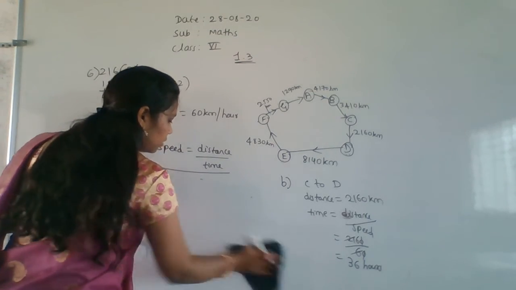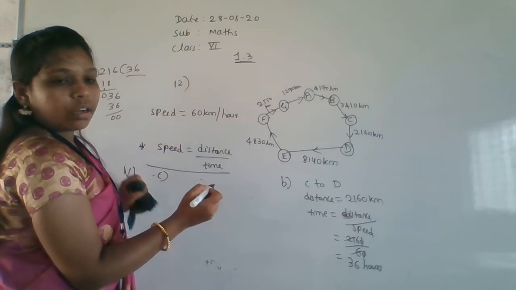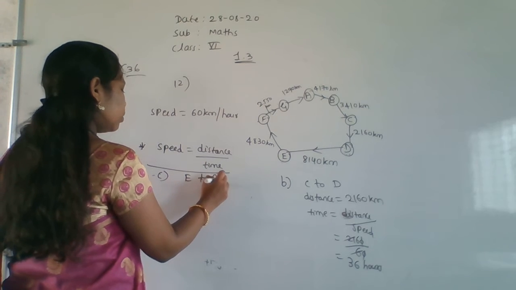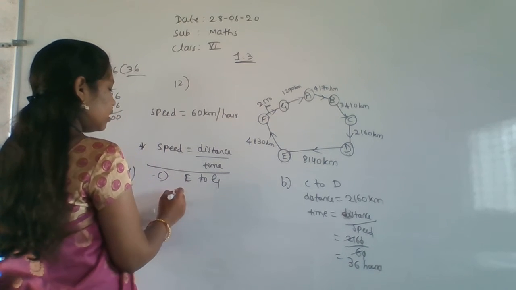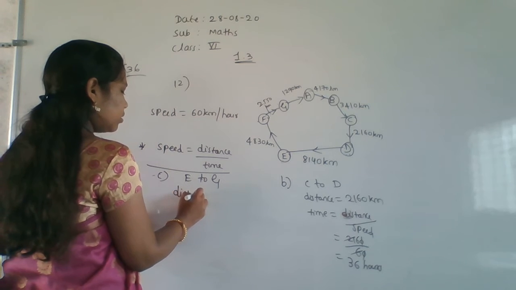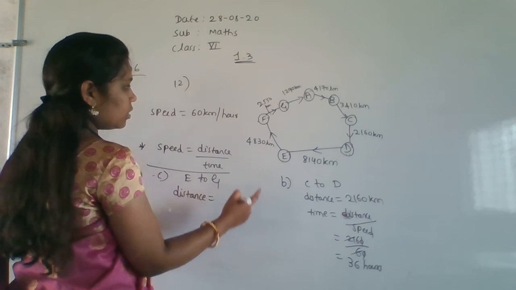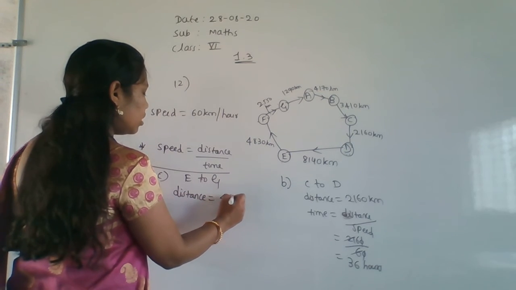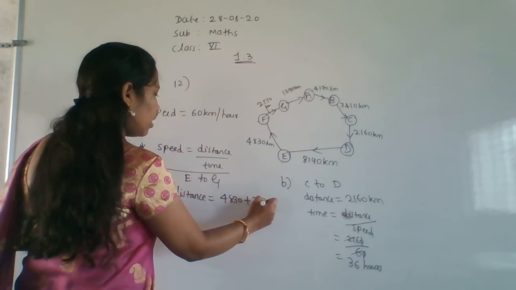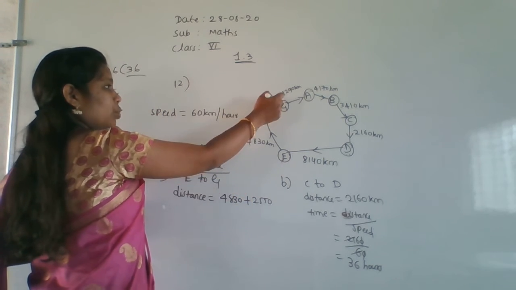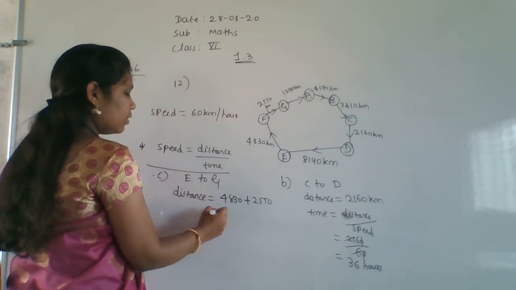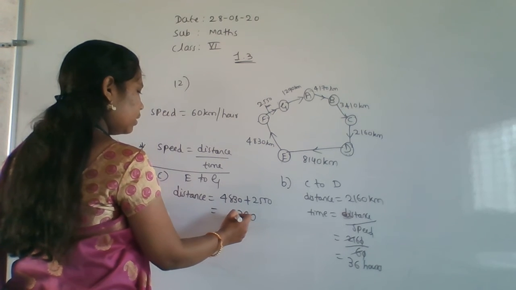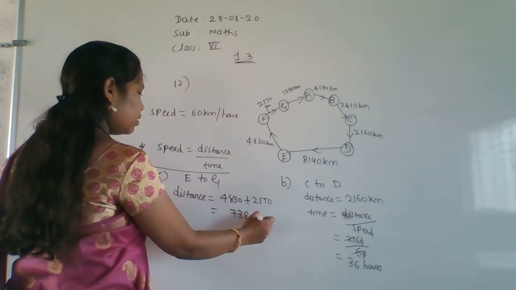Next is sheet one. Okay, I won't write the answer here, but I'll write all the things. Okay, you have to do the division and write the answer. From E to G, how much is the distance here? For E to G, you have to add those two values. That is 4,830 plus 2,550, because for E to G, two values are there. So add this one, that is 0, 5 plus 3, 8. 13, 1 carry, 4 plus 3, 7, this much is there.